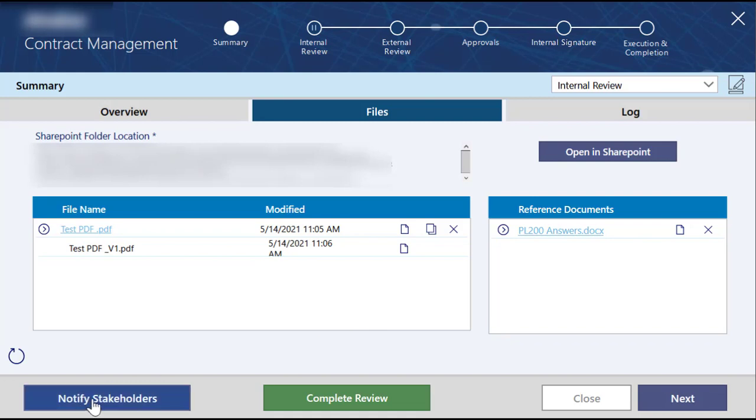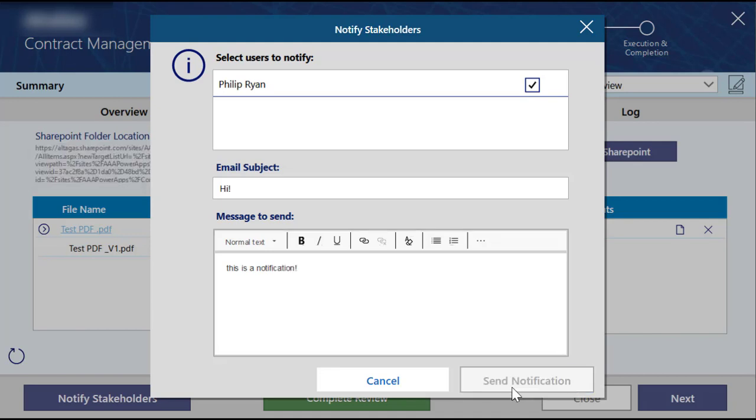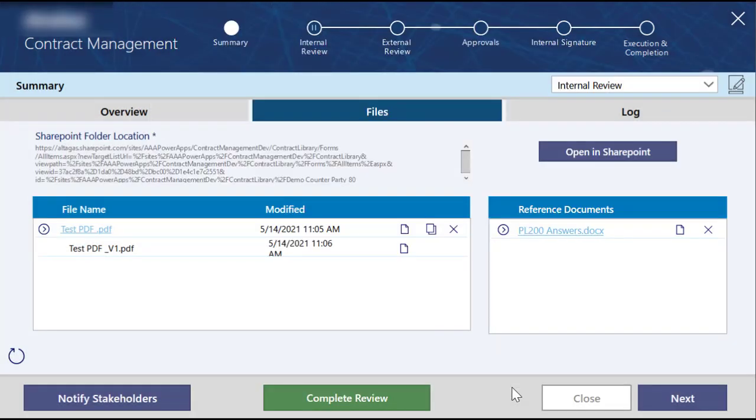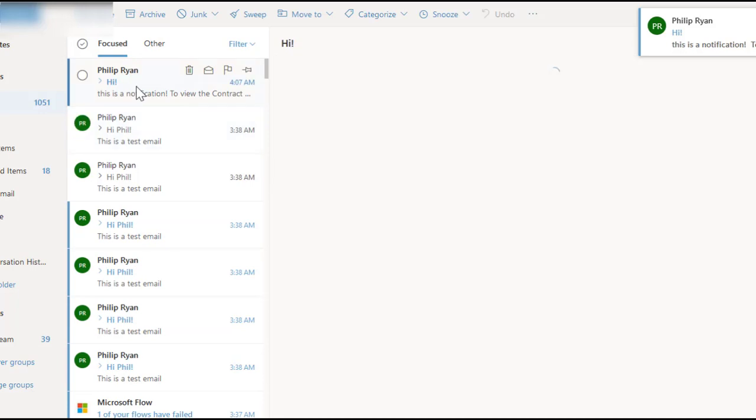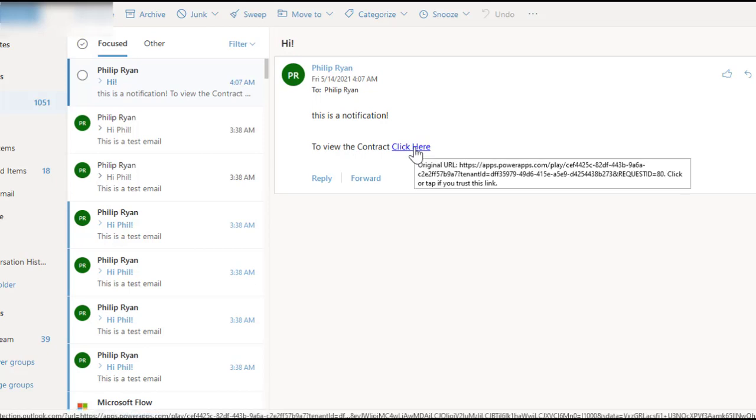I can also notify my stakeholders. So when I do this, I'm going to say, hi, this is a notification. I'm going to send that out, and it will just send an email. I'm the only stakeholder in this, but it sends an email to me. I've just got it here. It has my hi, my subject, the body I've typed in, and it also comes with a deep link